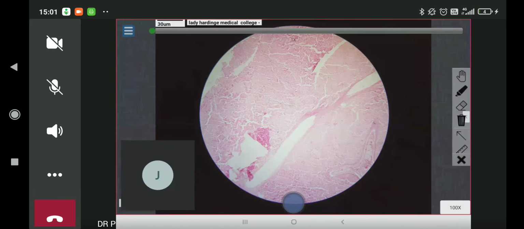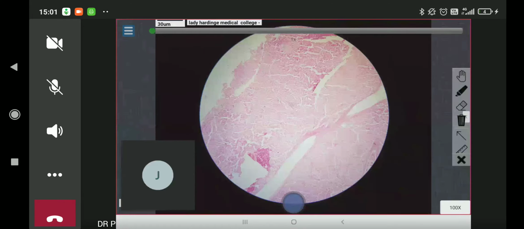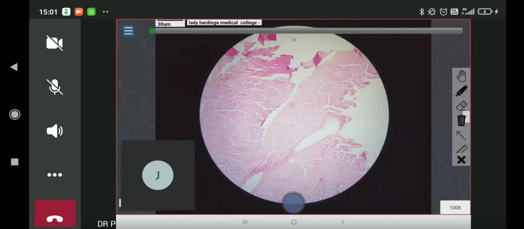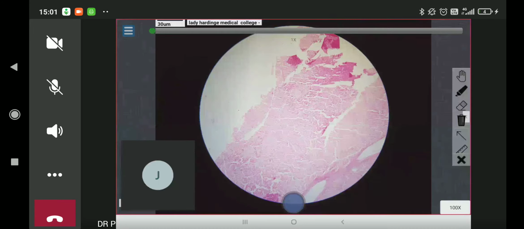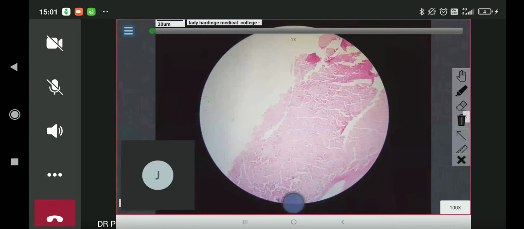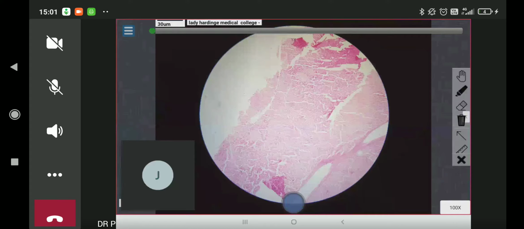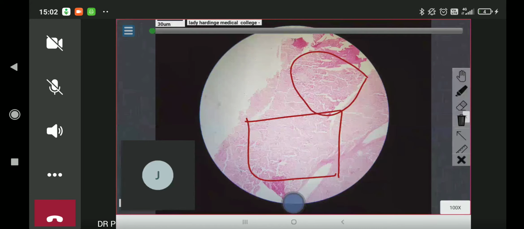large map-like areas. So here we have a structure wherein the splenic follicles are involved. Now when you see in low power, can you appreciate there are darker staining areas and lighter staining areas? Okay, so let's mark the dark staining areas with a round circle. So this is a dark staining area. You can see the pink color is much more pronounced, whereas we'll mark a box as a lighter staining area. So you can see one is a pale pink area and one is a darker staining.